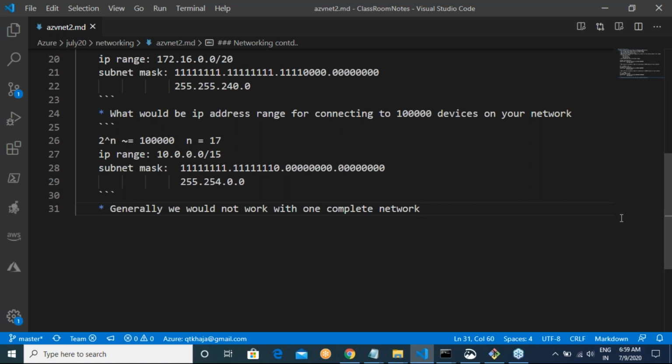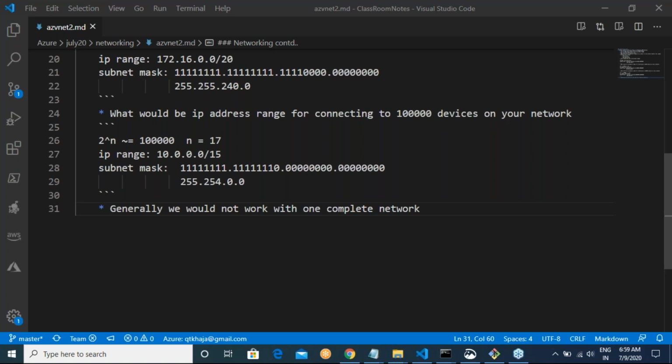For example, if you take any office building, if it is a 3-story building, you would not give the whole network range to all the 3-story buildings at one shot. Rather, you would take one huge network and break it down into smaller networks: first floor network, second floor network, and third floor network. Do you agree with me on that? In first floor, if you have labs, you will have a lab network separately.